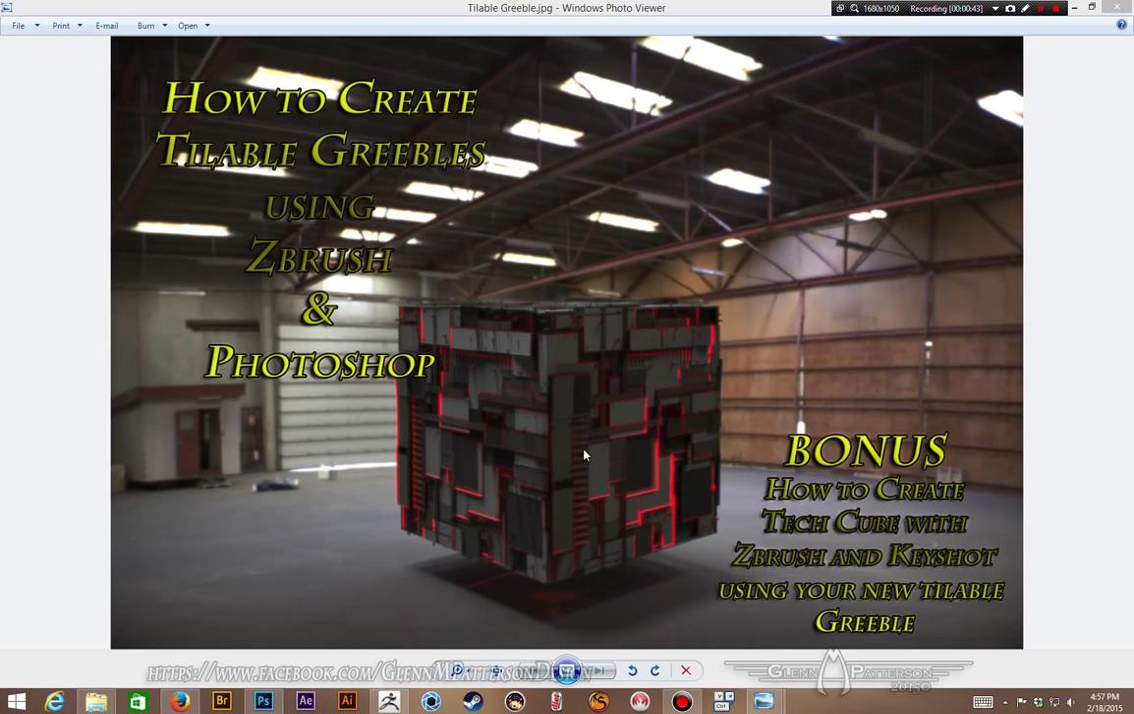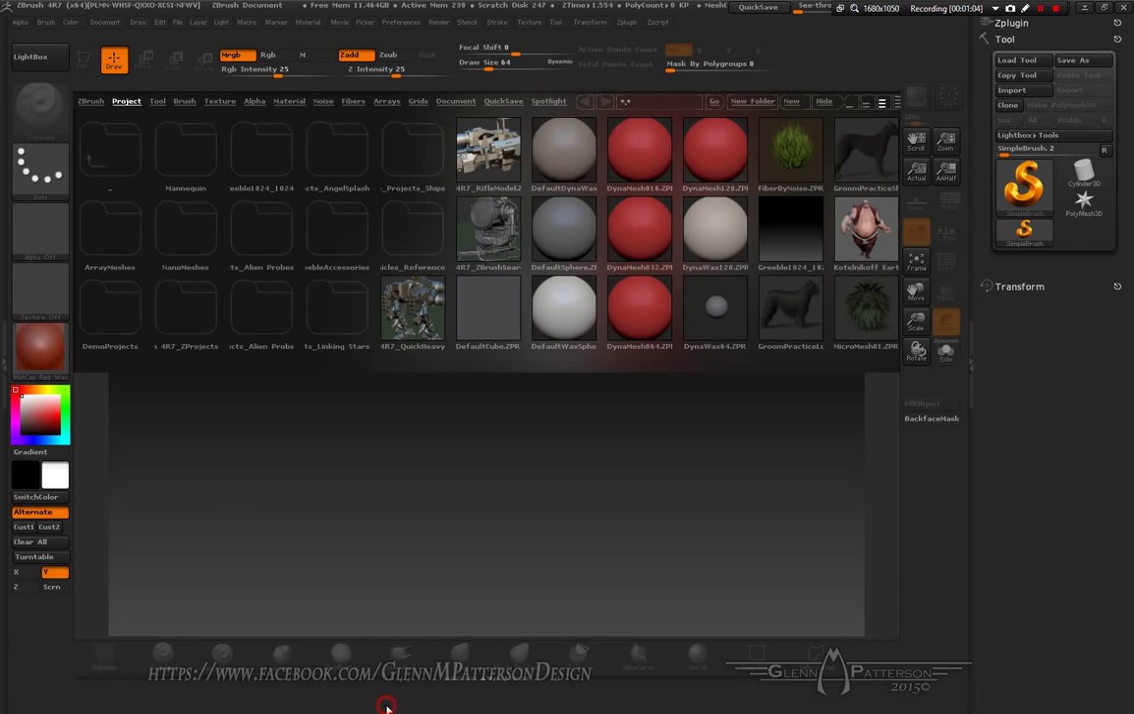The reason I'm doing this is earlier today I was asked, how do I make a tileable version of your Greeble? And I was like, I'm not sure. And so with a little experimentation, I was able to figure it out, and we're going to go through that process. So let us open up ZBrush,